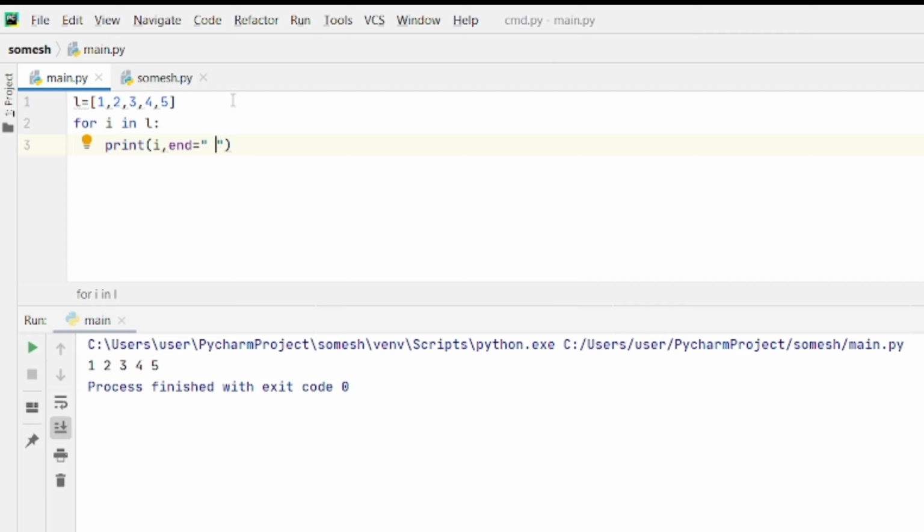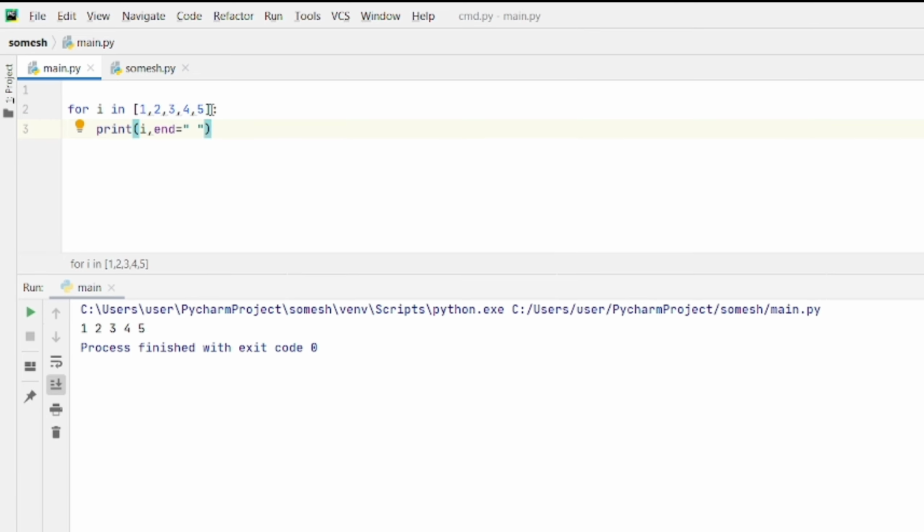You can use the list directly inside it without initializing. See, without initializing the list values, you can directly use 1, 2, 3, 4, 5 in place of the list. This also will give you the same answer. See, it is also giving the same answer without any error, so you can use it without initializing as before. You can use tuple, set, dictionary, everything in the place of 1, 2, 3, 4, 5. Or else you can use any range function.